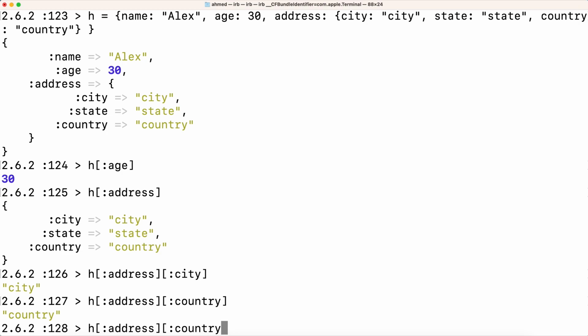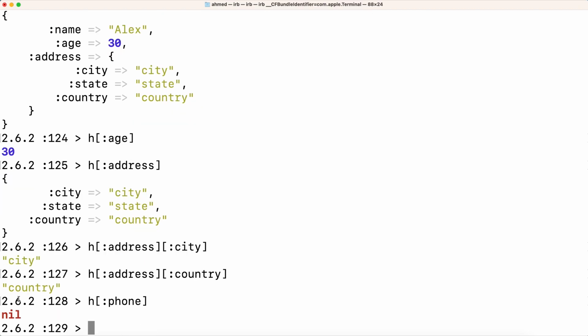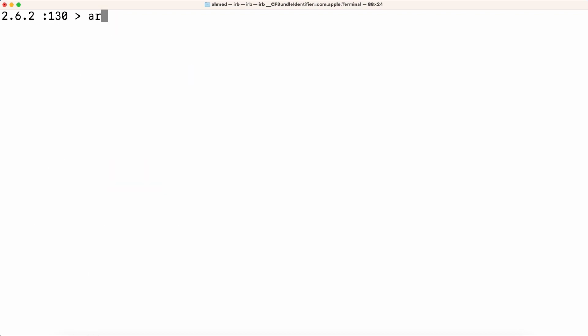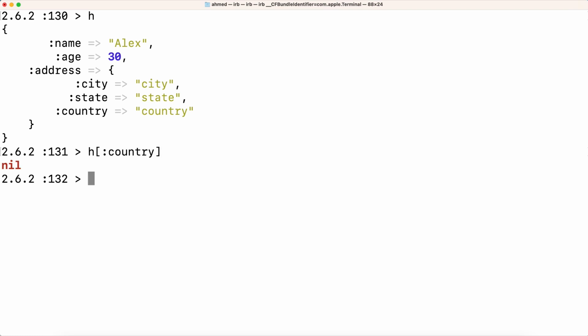Okay, so suppose I write any key that is not present in this hash, then it will return nil. For example, if I write phone, the phone key is not present in this hash, so it returns nil. And then if I write country, it returns nil. So why does it return nil? Because the country is not present in this hash,